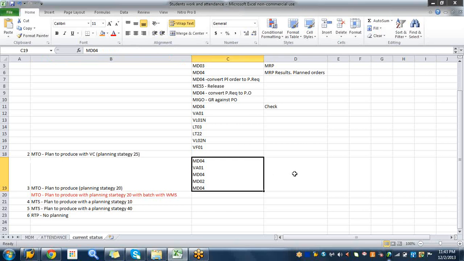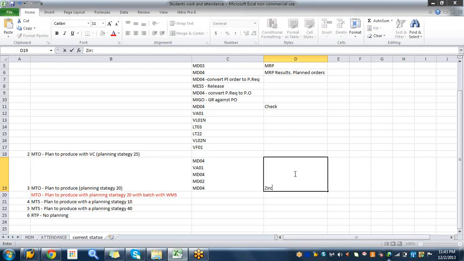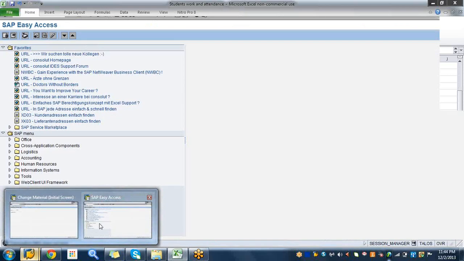Okay, so over here what I would like to do is zirconium. Zirconium is FERT. By now you guys know what is FERT, correct? Finished material. Zirconium oxide is HALB. Okay, that's semi-finished material. So just keep that in your mind. And now we'll go and try to create